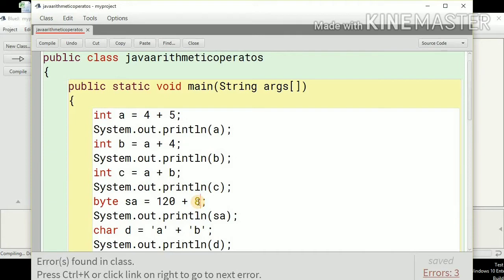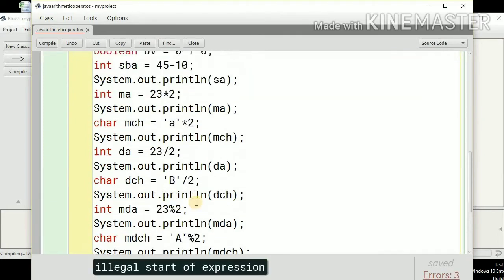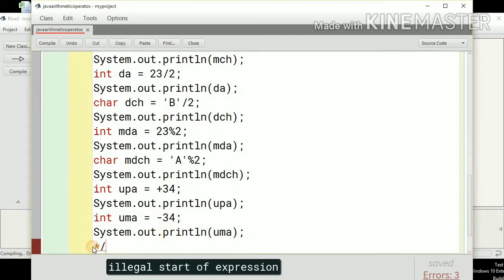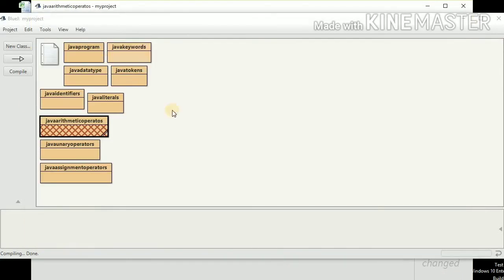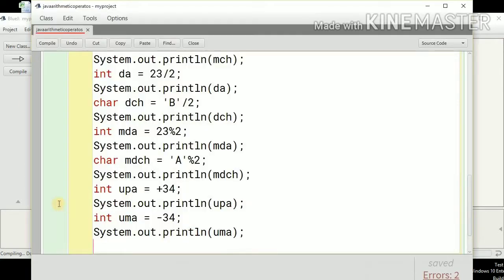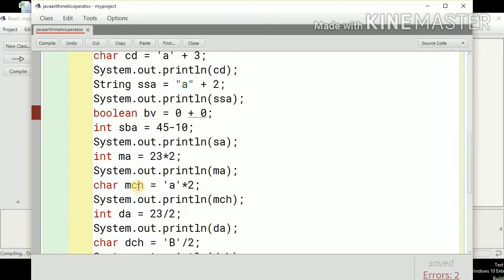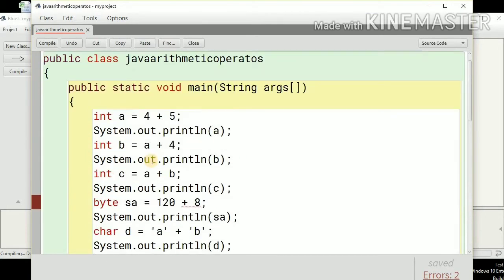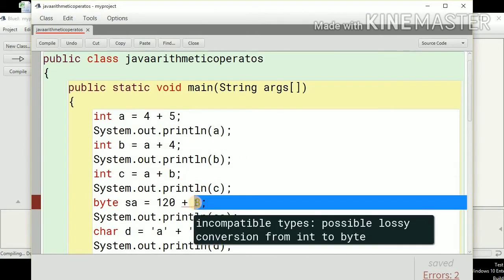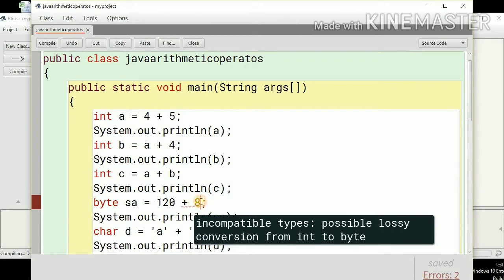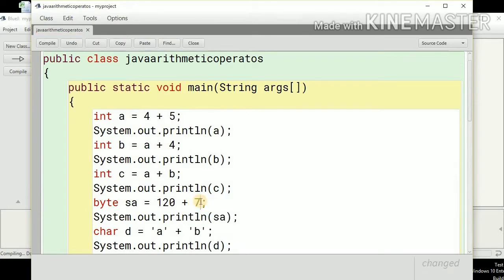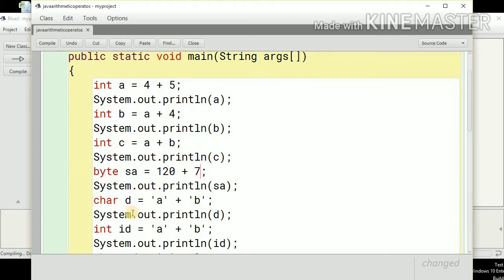So we need to check whether this is inside the range or not. So this has to be 7, right? So this is inside the range, and can also be used with the byte variables.